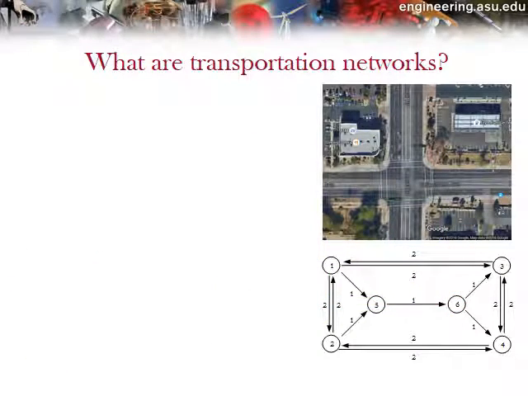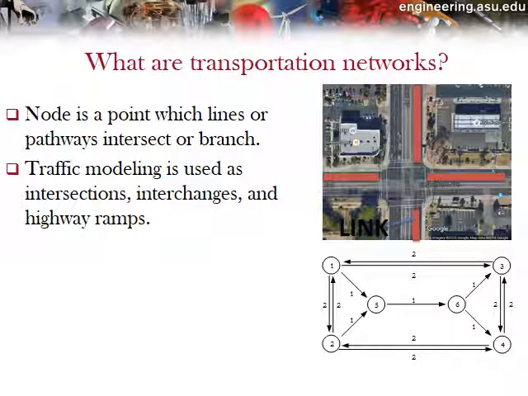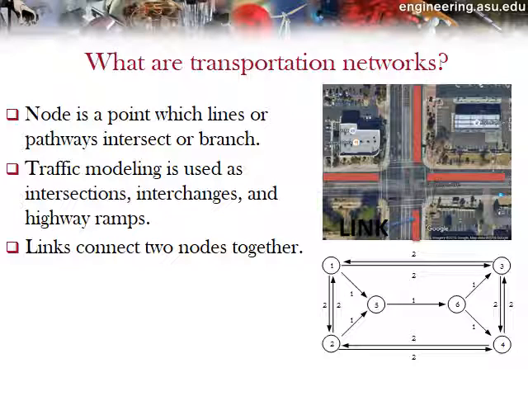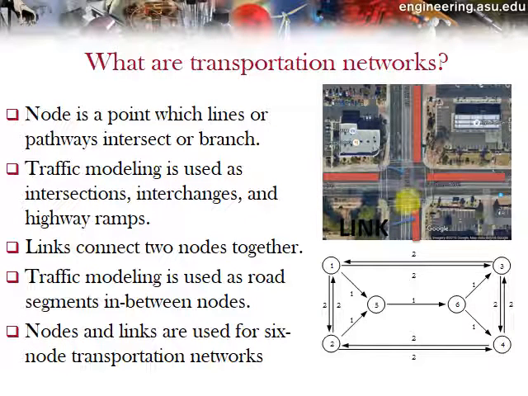What are transportation networks? A node is a point at which lines or pathways intersect or branch. In traffic modeling, it is used as intersections, interchanges, and highway ramps. A link connects two nodes together. In traffic modeling, it is used as road segments in between nodes. Nodes and links are used for transportation networks, and a transportation network models the traffic flow in a